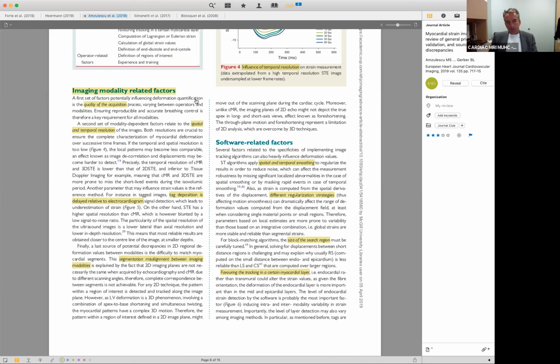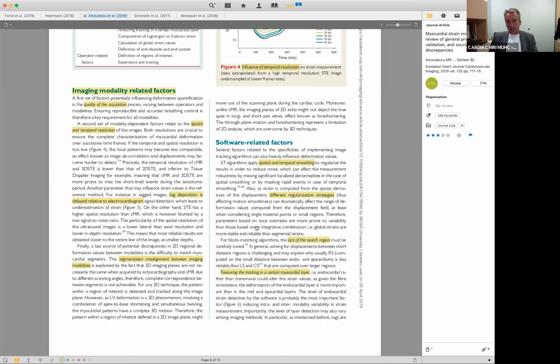Then for tagging, specifically the delay, so you don't really start at diastole, but a little bit later, 30 milliseconds later. Then, of course, the segmentation misalignment, so between different methods, you may come to different results. Then the software may have, so these are basic problems. Then the software users may use different algorithms to smooth the images, to identify certain landmarks, and the actual